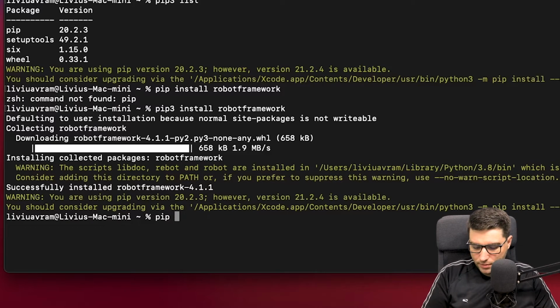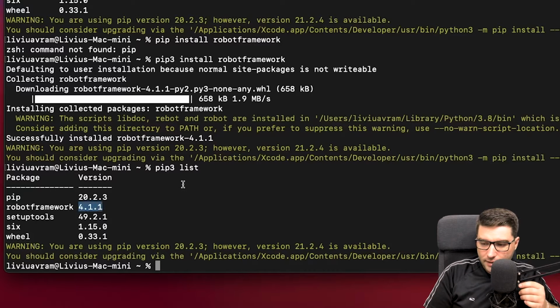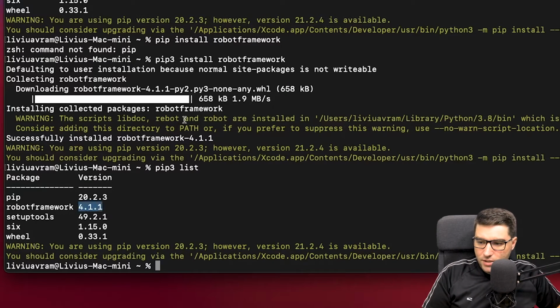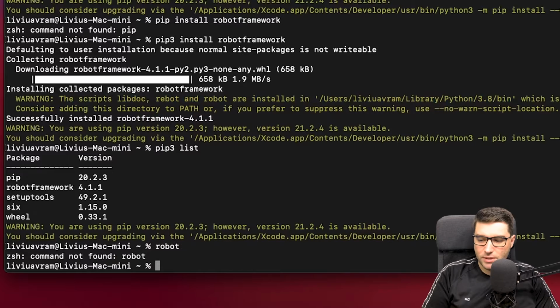If I say pip3 list, I can see that Robot Framework 4.1.1 has been installed, and there is a message here that says that the scripts like robot are installed under this location, which is not in the path. So right now, if I want to run the robot command, it will simply say command not found.